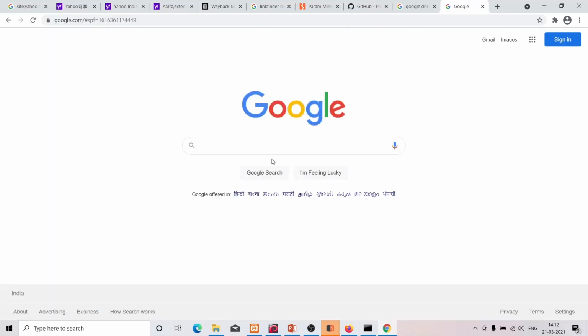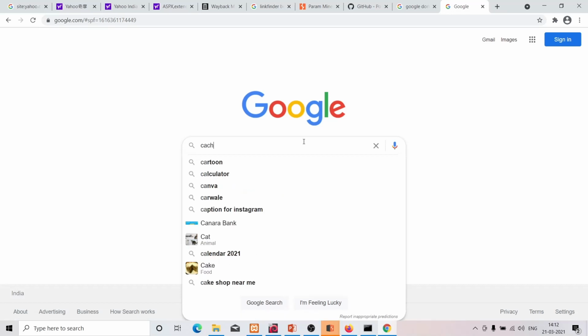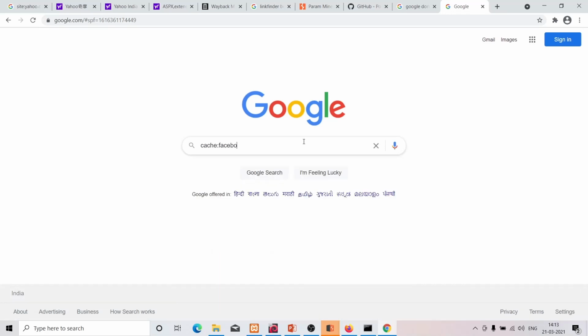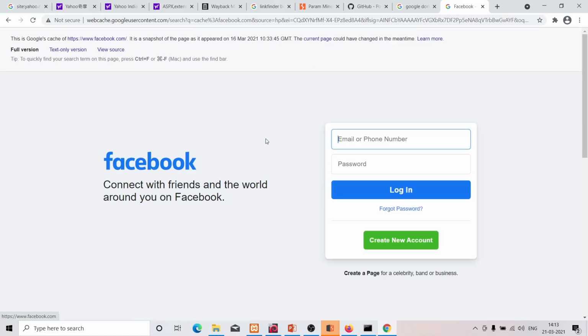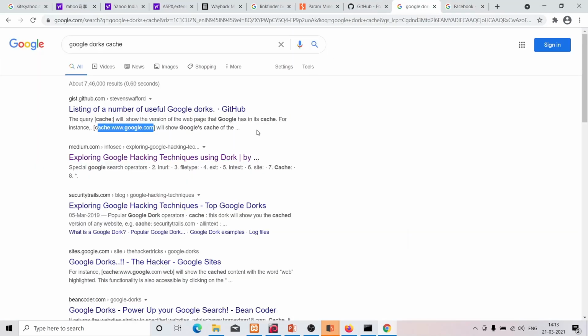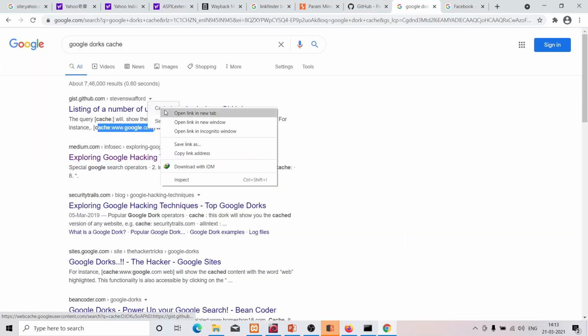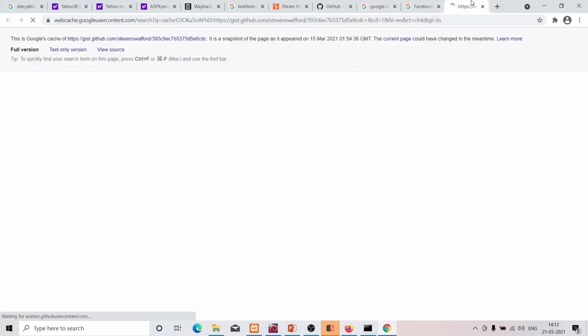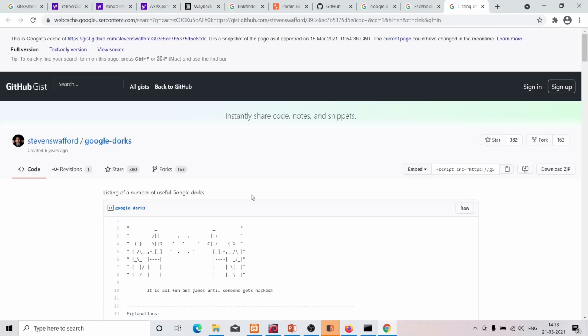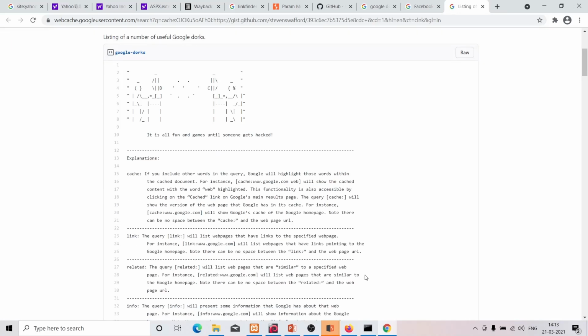Something happened. It actually cached, and as it was redirected, let's do facebook.com. Yeah. So basically this is a cached version of Facebook. Currently it shows 6th March 2021. Another thing you can do from this cache is very helpful in some scenarios. You can see what it has been dorked by Google.